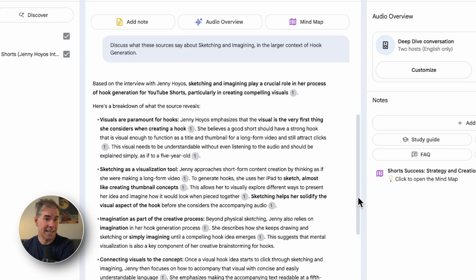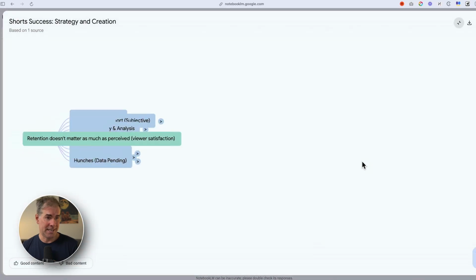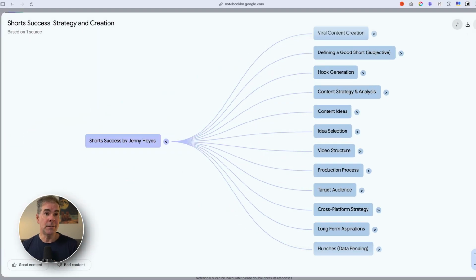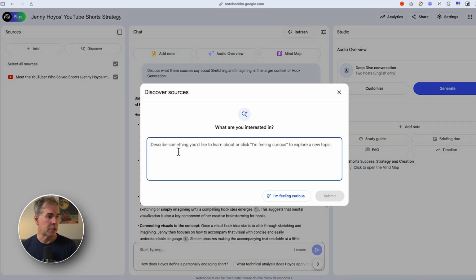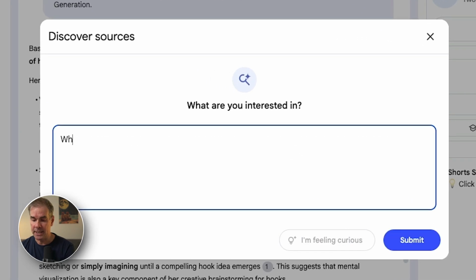So now in a matter of seconds, literally, I have her entire strategy and what she recommends to do to create viral shorts. I can look at this visually. Now let's just say I'm going to bring in a whole bunch of other sources about best practices for creating viral shorts. Well, this is again where I can use the Discover feature, and I want to type in